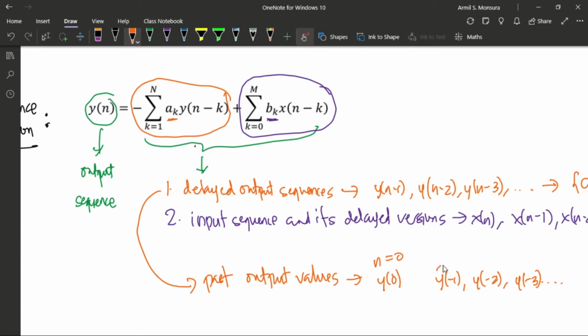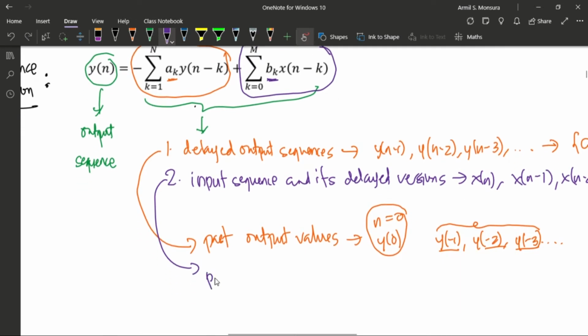So, ito ngayon, since with respect to the current time index, or the present time index, these are past values or these are past output values. So, kaya kung minsan maririnig nyo ako na I will be referring to this term of your difference equation as the past output values. Okay? So, ganun din dito. I might sometimes refer to this as the present